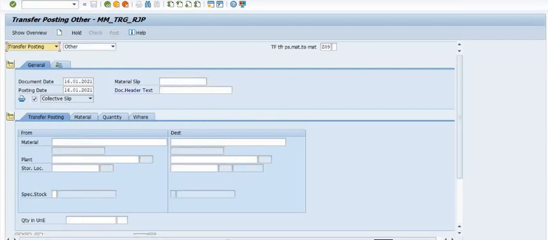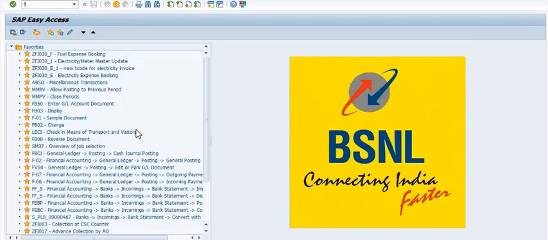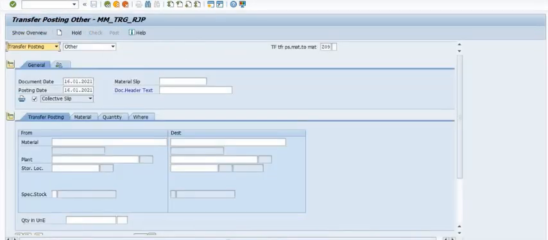Once you post this document, it should be reflected in our respective obsolete GL accounts. You can check such an entry using FS10N. FS10N is the general ledger account display.